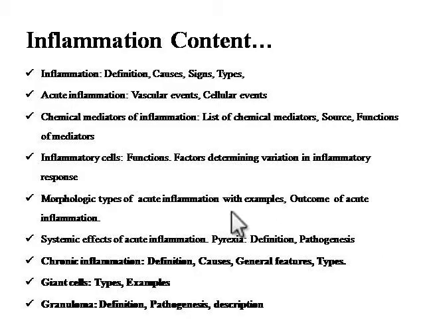In this session we are going to understand the definition, causes, general features and types of chronic inflammation. Then we are going to explain about giant cells, where we will learn about types with examples, and we are going to deal with the last part of chronic inflammation, that is granuloma, its definition, pathogenesis and description. So moving on, as the name itself suggests, chronic inflammation is a chronic type of inflammation where, as